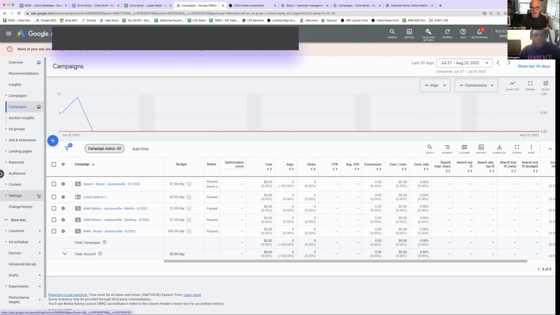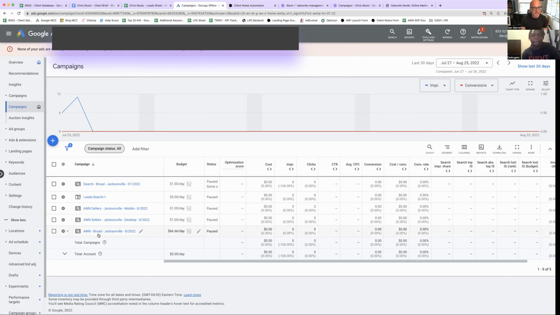So let's start with keywords because those are probably the most important. They're less important than they used to be in many ways, but they are still the way that we tell Google what we want. They're basically the way you drive the ship, you steer the ship, you drive the car, whatever the metaphor is. They give you the direction that you want to go in. So I'm going to start here.